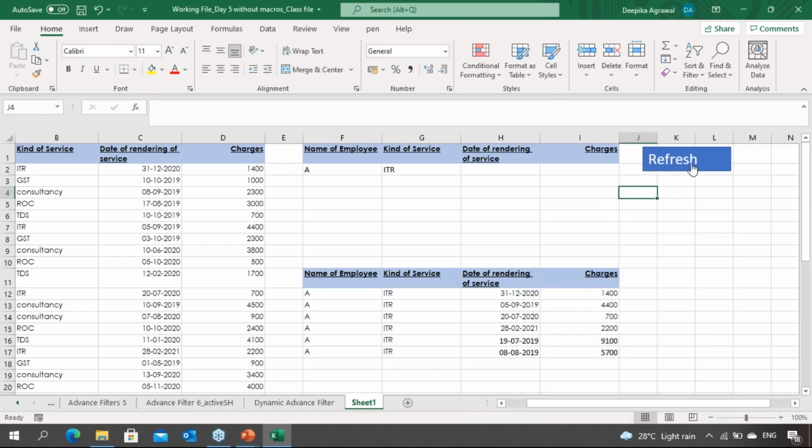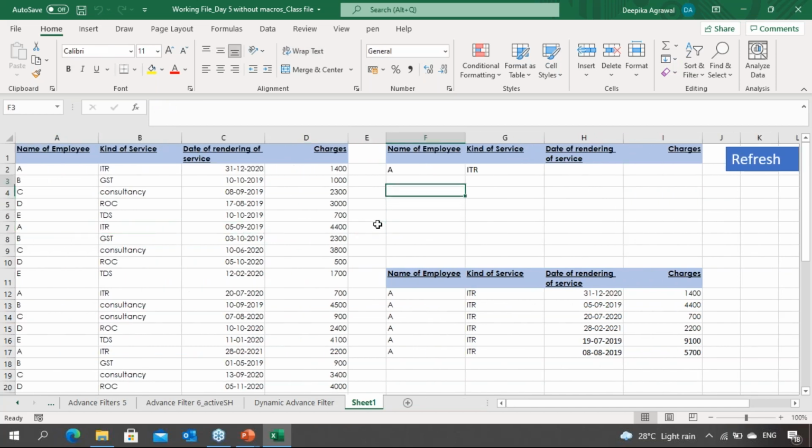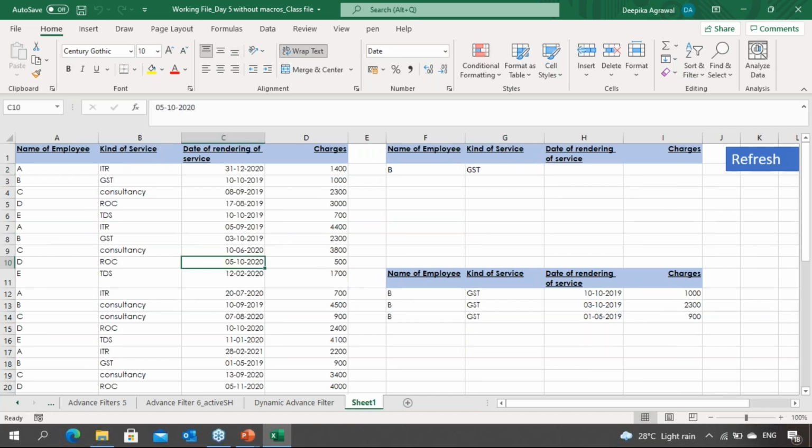So now see, अब यहाँ पे रिफ्रेश बटन ऐसे काम कर रहा है, मेरा हैंड कर्सर बना हुआ आ रहा है। तो जब भी मैं ये प्रेस करूंगी वो पूरा स्टेप यहाँ रिपीट करेगा। अगर मैं यहाँ पे चेंज कर दूं B, let's suppose मैंने सर्विस कर दिया GST, तो देखो अब नीचे ऑटोमेटिकली आ गया B और GST।